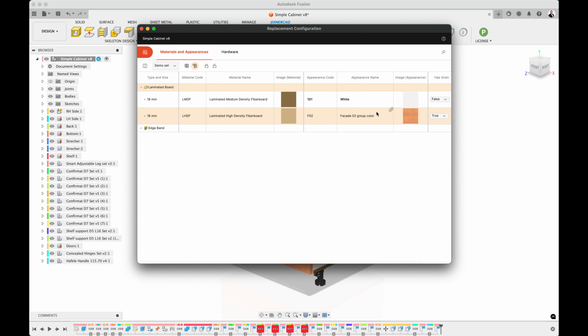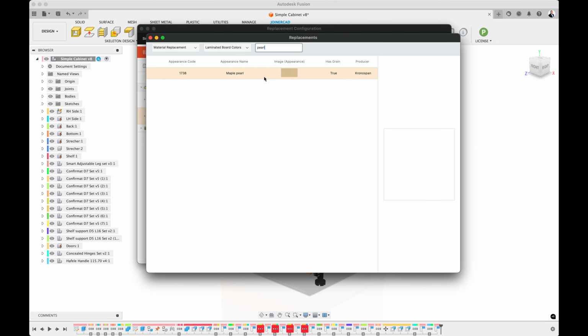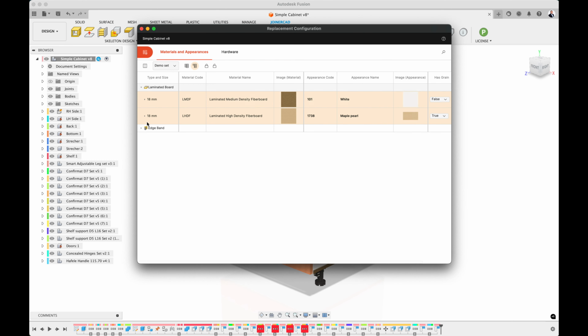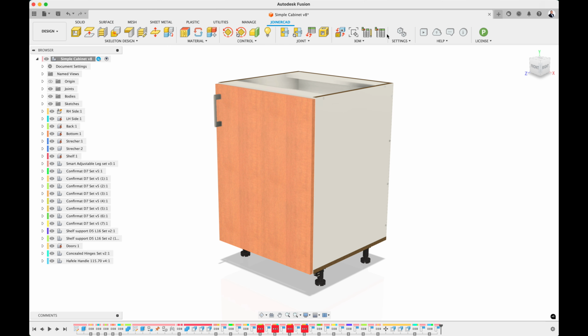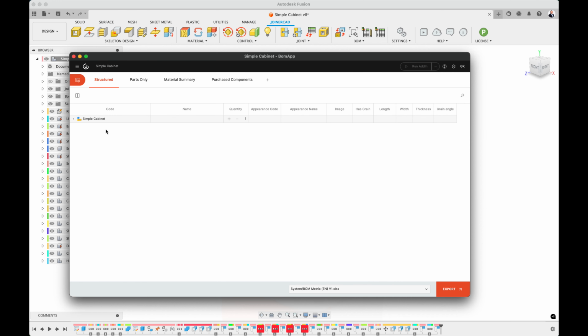I will change the entry for another group. In this case, 18mm LMDF with F2 cover. Using the same methods as before, I choose the desired cover and apply it. I will generate the BOM again and check the entries and export the results to Microsoft Excel.